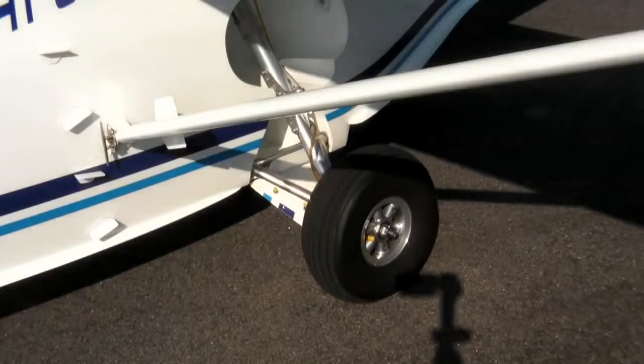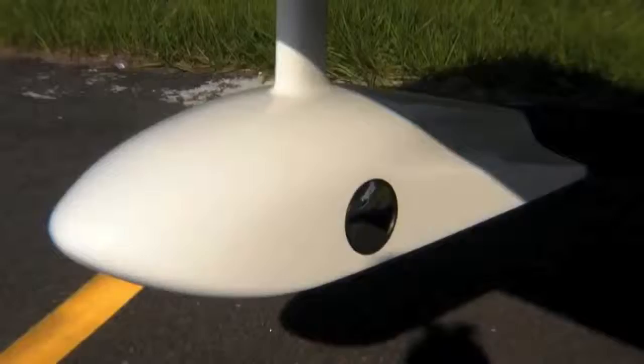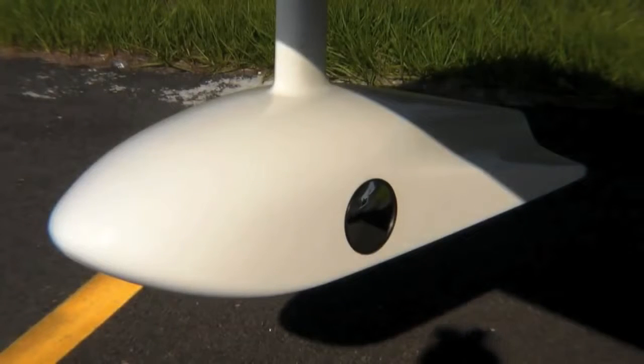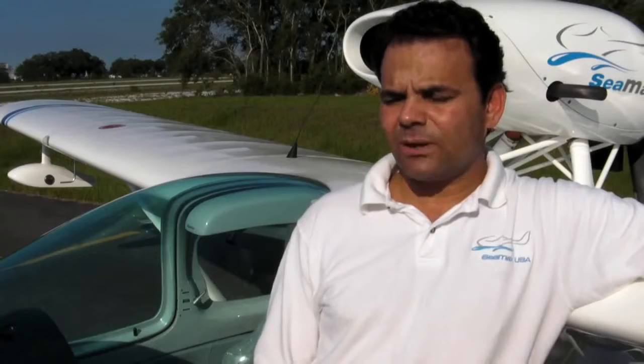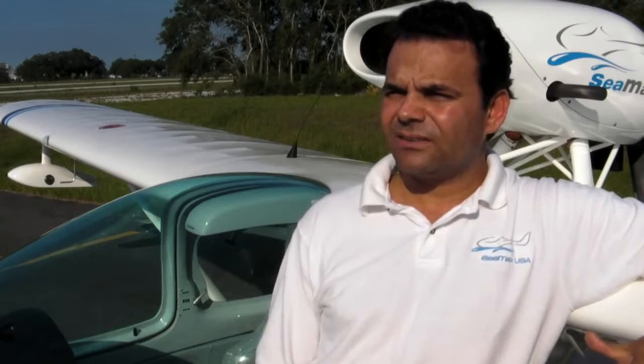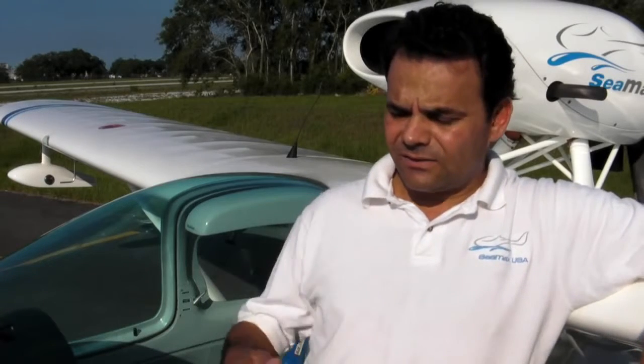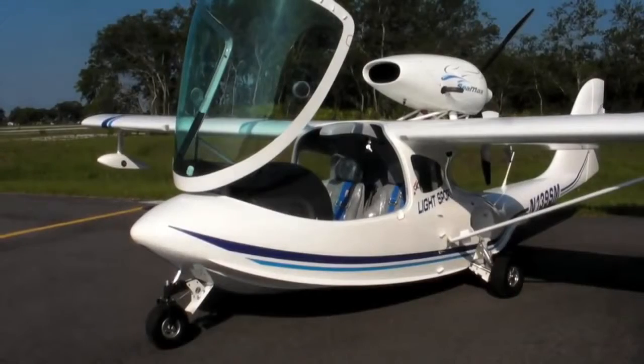The landing gear is electric. We also have a light indication panel, and a mirror on a sponson so you can have a visual. As a seaplane, of course, you don't want to land with the landing gear down, but unfortunately with the SeaMax we had 2 landing gears that landed in the water with the landing gear down. They didn't go upside down, and the reason is that the landing gear is located aft on the fuselage of the aircraft, so that helps a little bit because you've got more room in the front of the airplane,